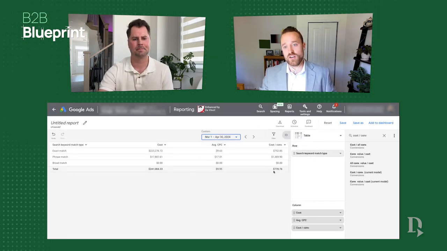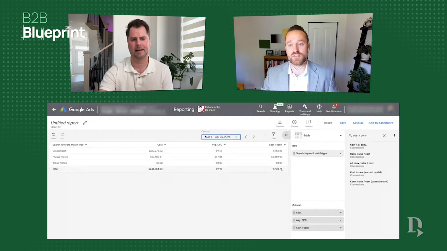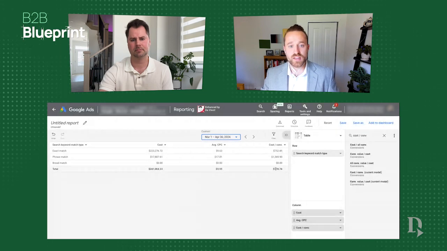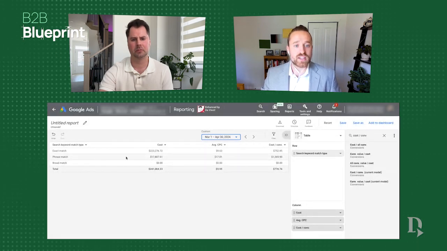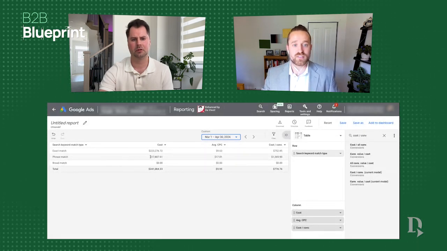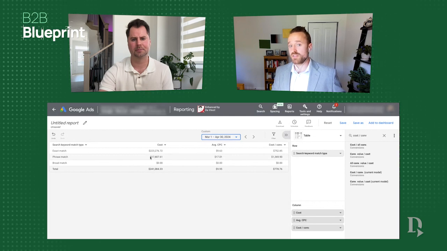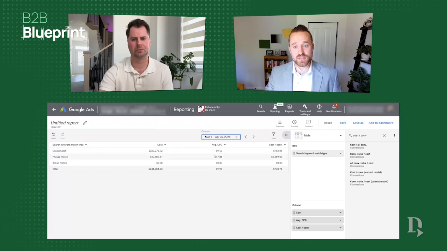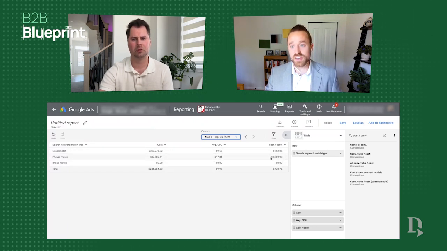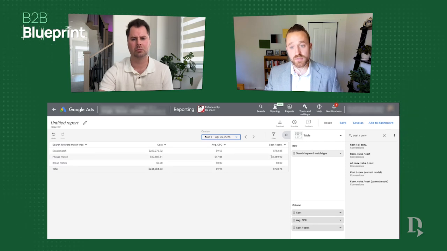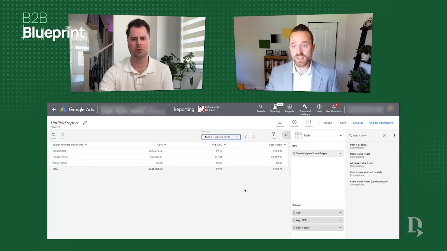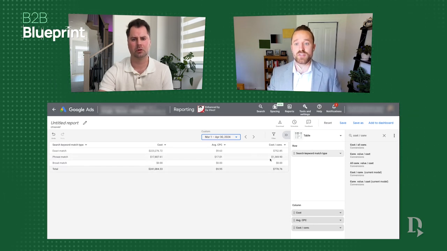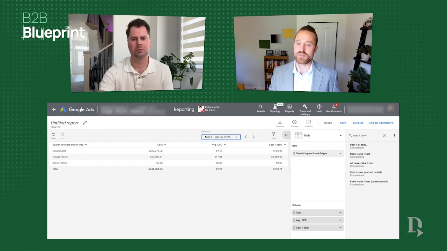So overall, the account cost per conversion has been cut in half. Not only that, phrase match keywords used to spend about 40% of the overall budget. Now we're at about 10%. CPCs are still about double as they are for exact match, and same with cost per conversion. However, compared to that 2-month time span in 2023,